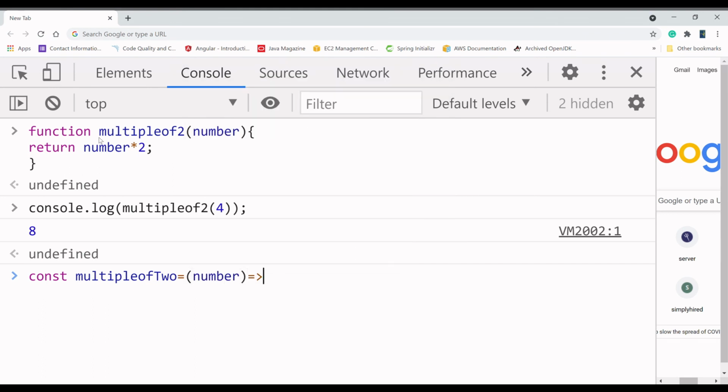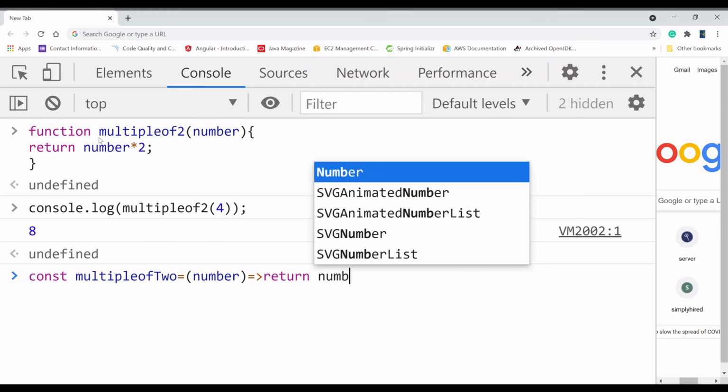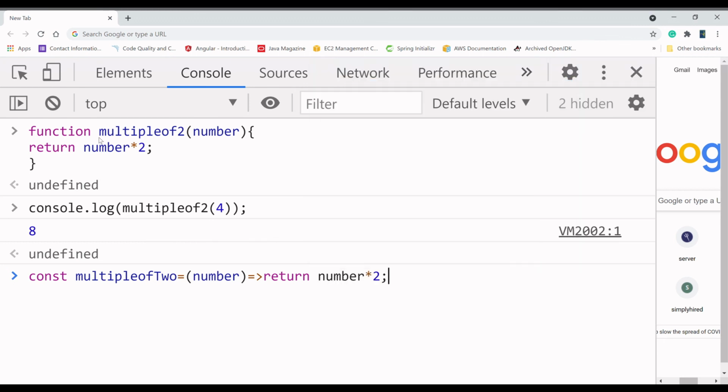This number will return the value. There is no need to write the return keyword. We can write return and then number into 2, but it is not required. I will keep the code very simple and concise, so I can remove this too. Now I'm going to enter, yes, it will work.